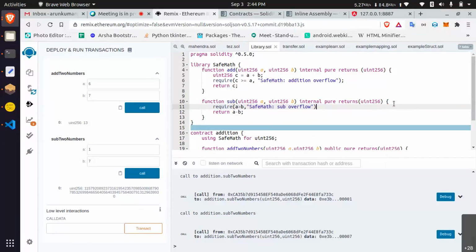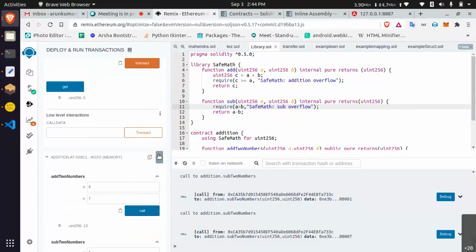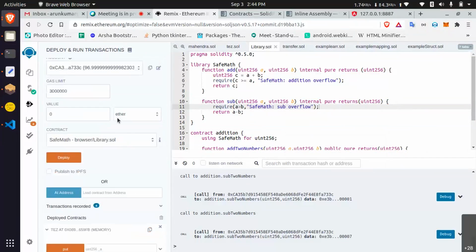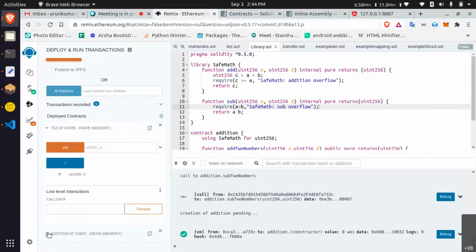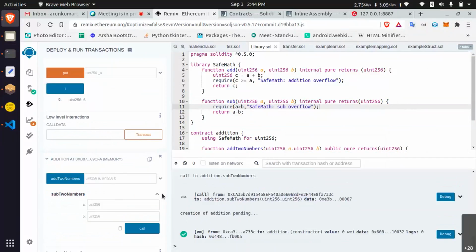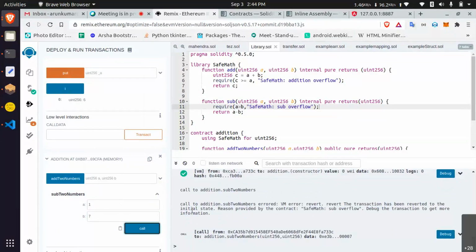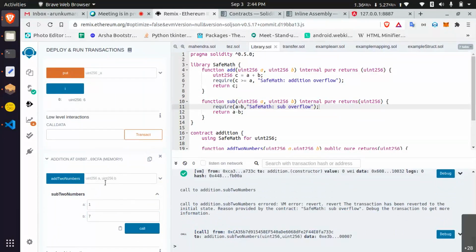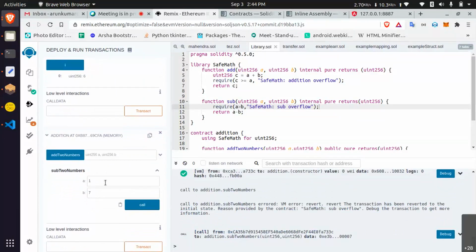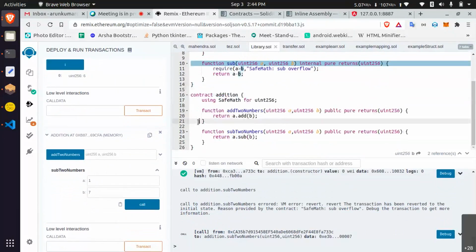If you add this line, deploy the addition again and enter 1, 7, it will throw an error. This is the use of a library.